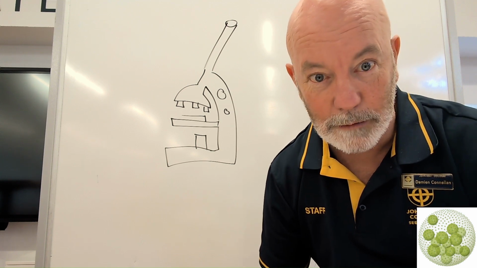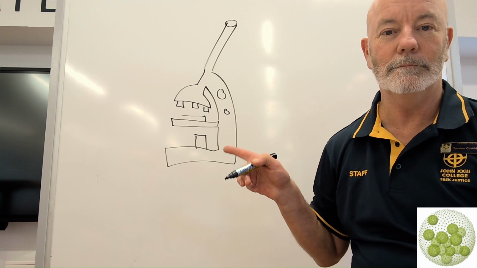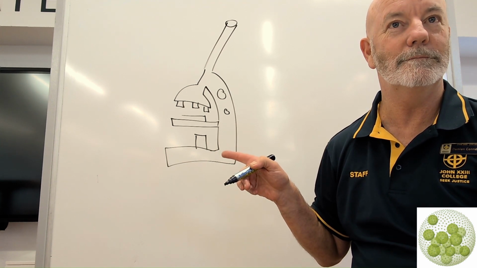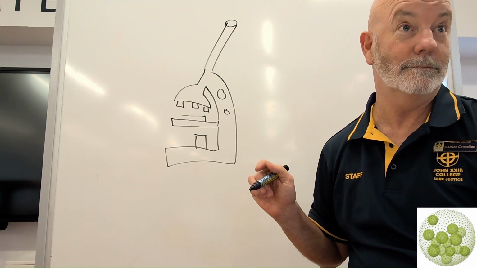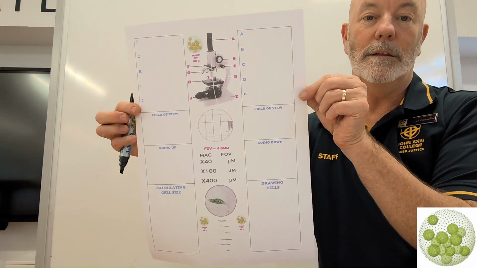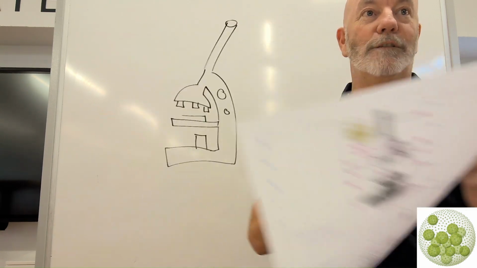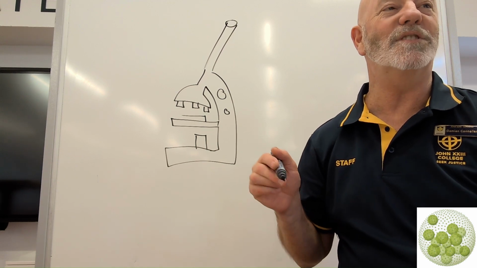Today, we're going to be talking about microscopes. This is a microscope, expertly drawn by me. Right, and we're going to be using this sheet here. So first of all, we're going to label the microscope, and we're going to say what each bit